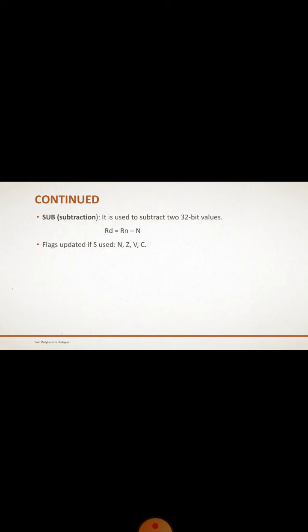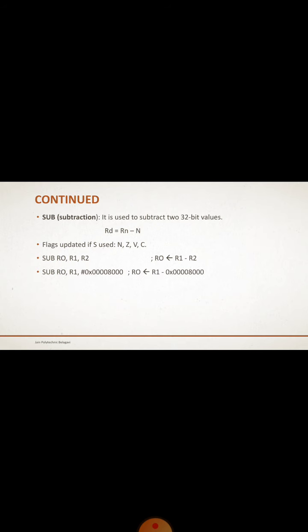This instruction will subtract operand 2 from operand 1, placing the result in the destination register. Operand 1 is a register, operand 2 can be a register, some immediate value or some shifted register value. The subtraction may be performed on signed and unsigned numbers. For example, SUB R0, R1, R2. In this, R2 is subtracted from R1 and then the obtained result is moved into destination register R0.